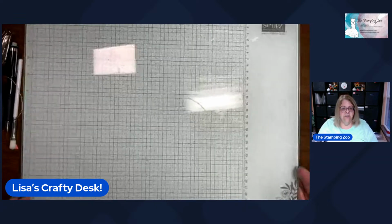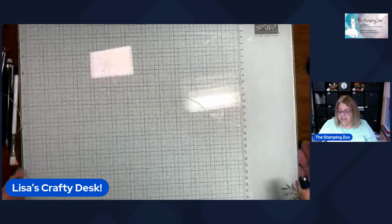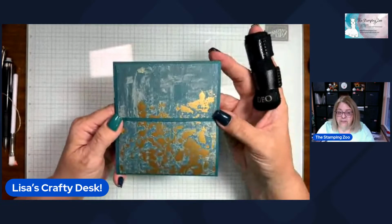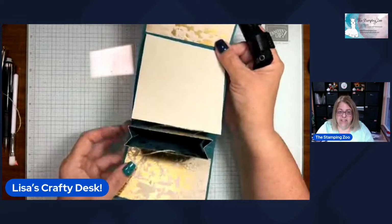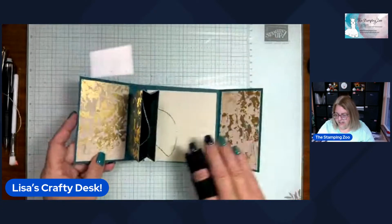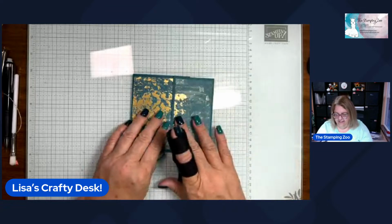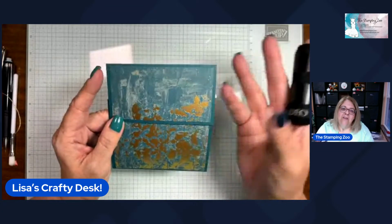Okay, so what's going on here? That is a mess. Here's a preview of what we're going to make, you guys, and it's not finished, but it's a fun fold, right? So just hold on. It looks plain, but it's not. It has a gift bag in there. Have you guys made this before? Because I have not, but I've looked at it, like I said, and then watch. It folds flat, and then we're going to close it with a belly band or magnets, but I wanted to make sure I had